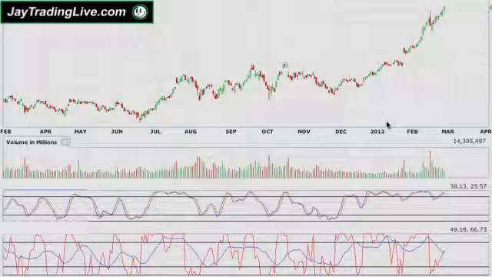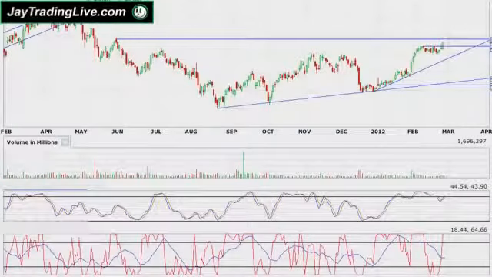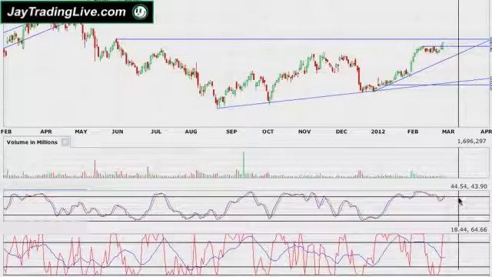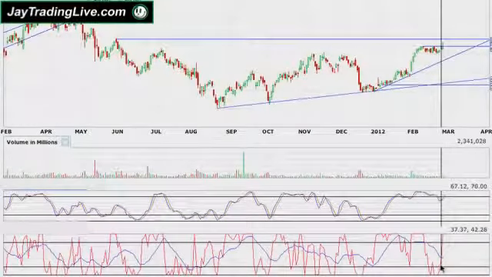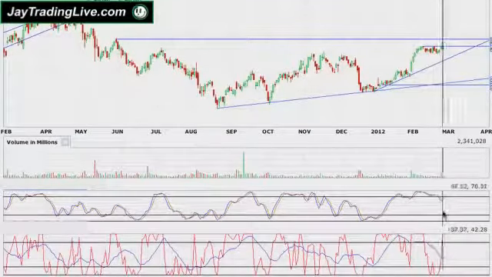Now imagine this is happening on stocks every day of the year, and these are the trades that I'm finding for the website service. So here's one more chart. This is Verifone Systems, symbol PAY. We had the red line cross the signal line today. Stochastic